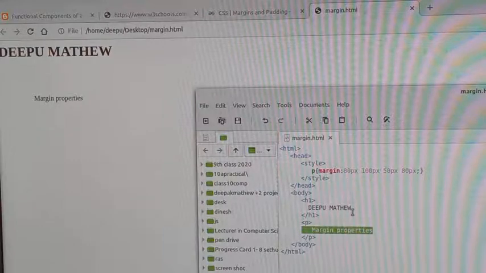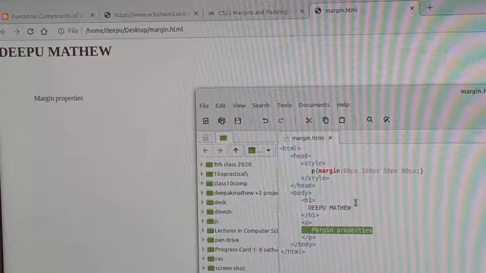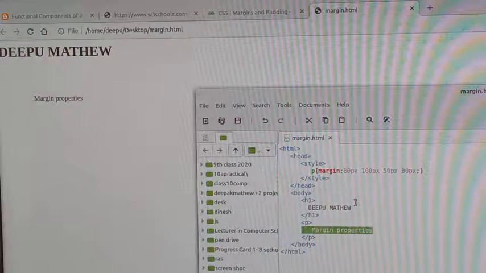You can write the same program and try it on your computer or your mobile phone. Too many HTML editors are available in the Play Store. You can download any one of the HTML editors, then you can try this example. So hope you understand this margin attribute. In your textbook, it says you can also apply the margin to the body tag, and you can also apply margin to the p tag. Here, in page number 226, it is available.